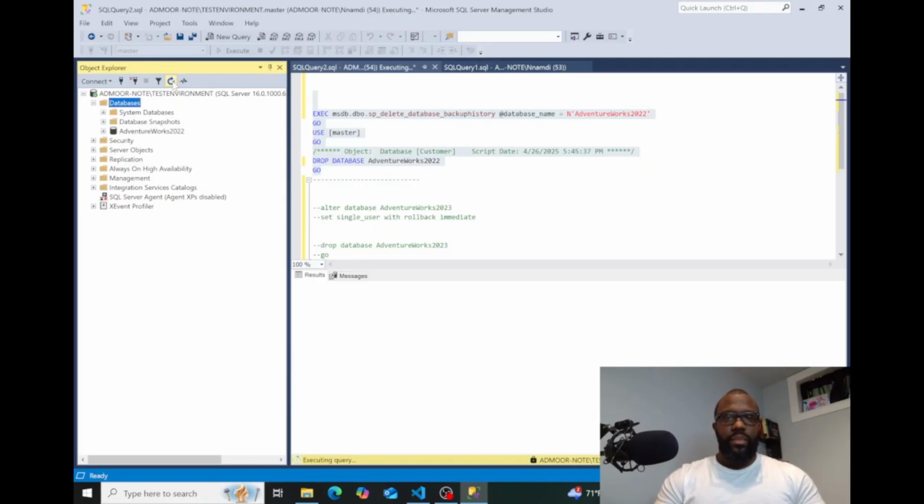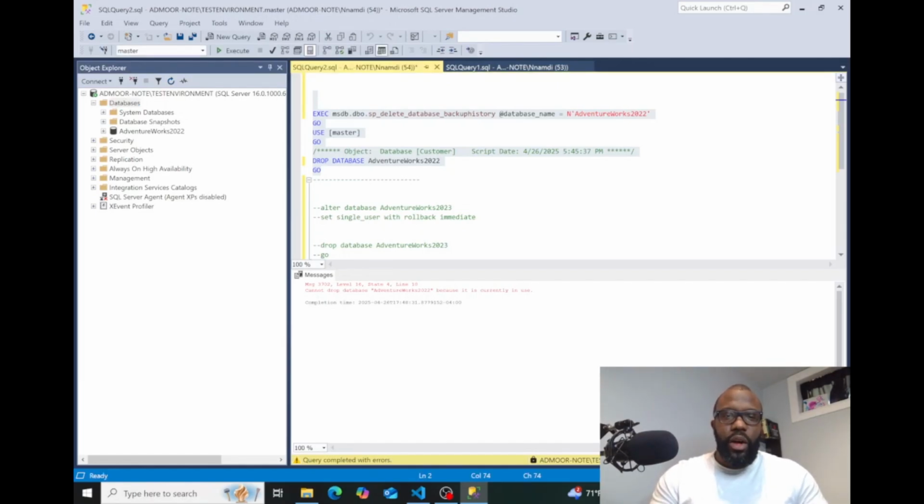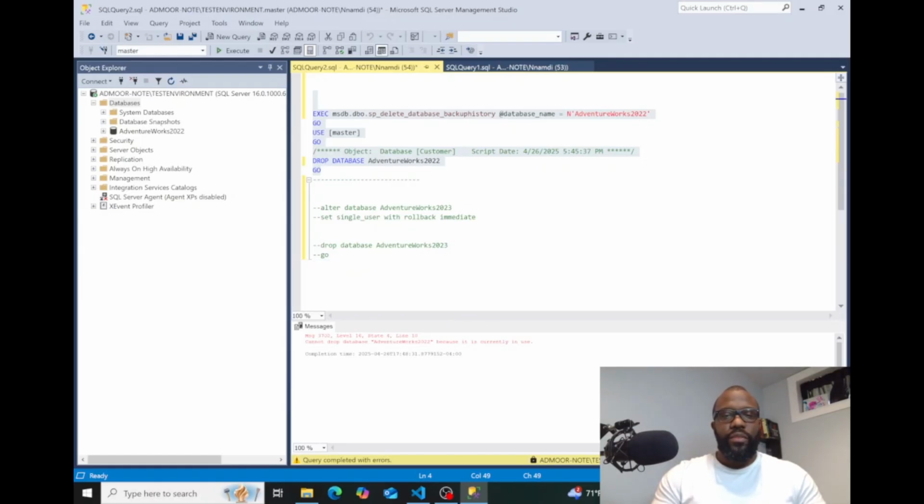So this is an example of why I usually use alter database, set single user mode. It said you cannot drop database AdventureWorks 2022 because it is currently in use. So if we go back here and use this, and I'm gonna just copy AdventureWorks 2022 and add it here and add it in the drop statement, and I run this one,